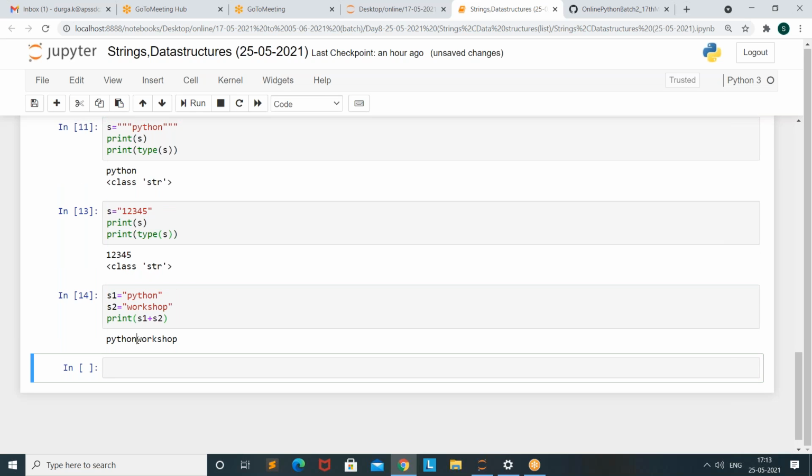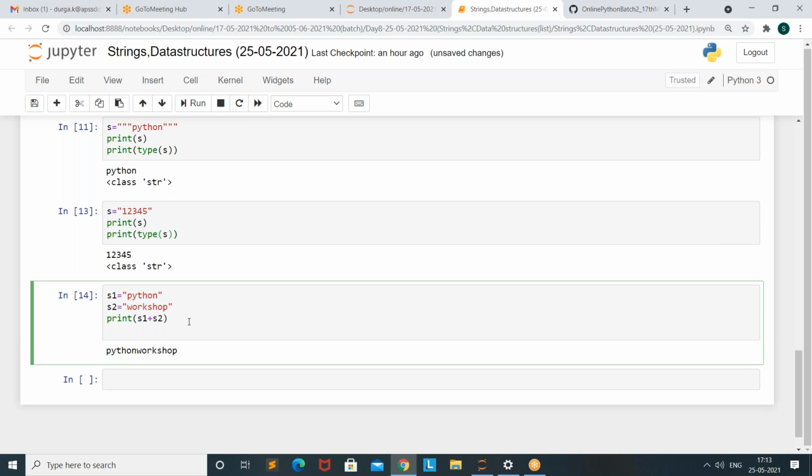So if I want a space in between Python and workshop, what will we give? I want a space between Python and workshop.